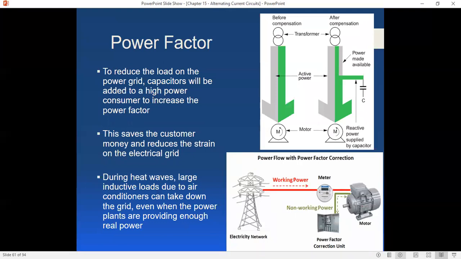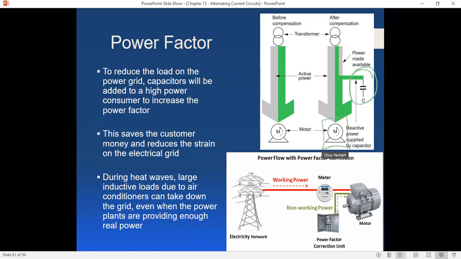Well, one way to do this is at the site, instead of relying on the power company to use capacitors at their substation, install your own bank of capacitors to balance out the inductive load of